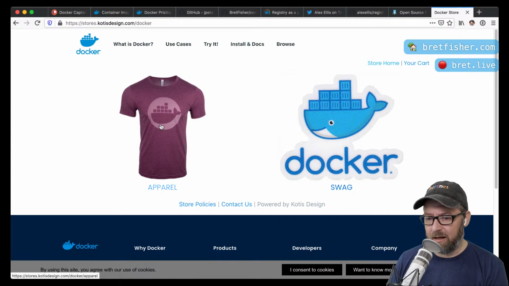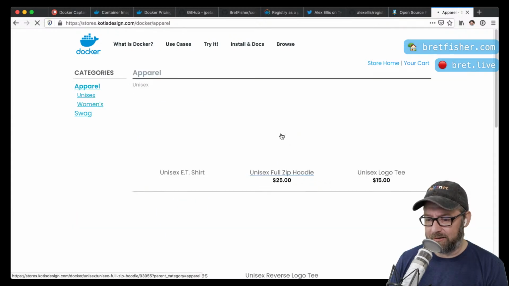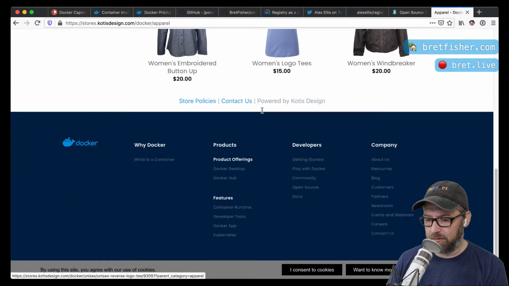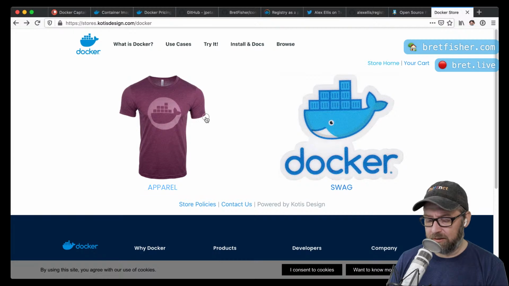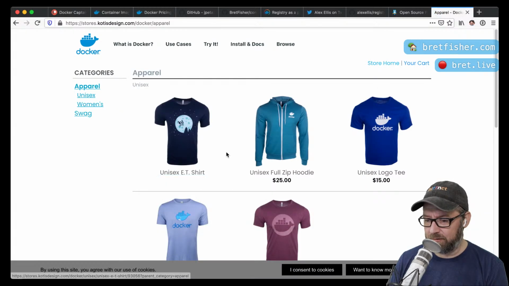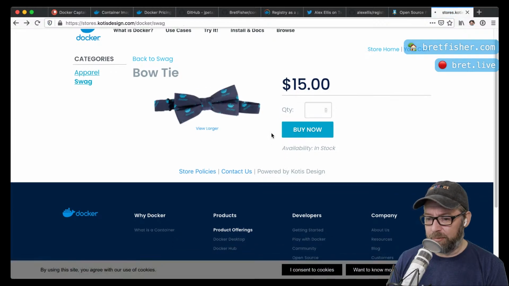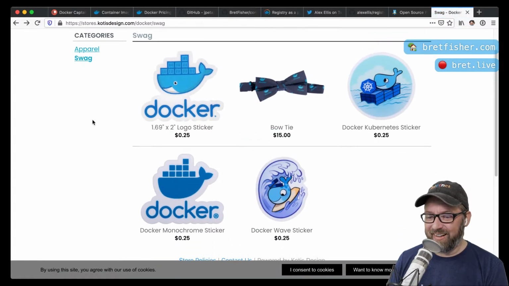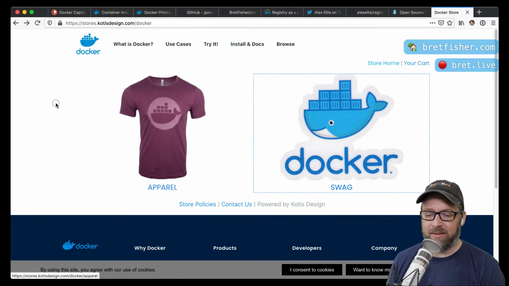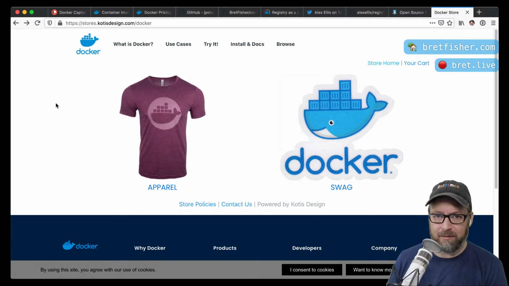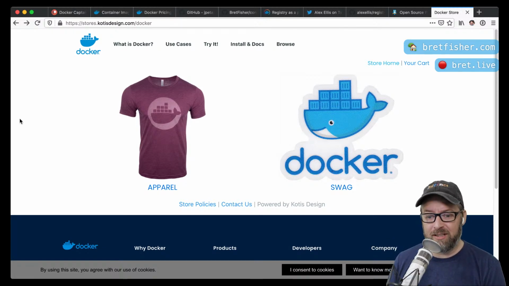And it looks like right now all they have is apparel and stickers. So, it looks like there's some nice shirts there. I don't have all those shirts, and then stickers. So you can get a bow tie. But yeah, they don't have the mugs. I mean, things come and go over the years. They've had probably over 50 T-shirt designs in the last 6 years. So sometimes it's sort of a race to see who can have all the T-shirts.